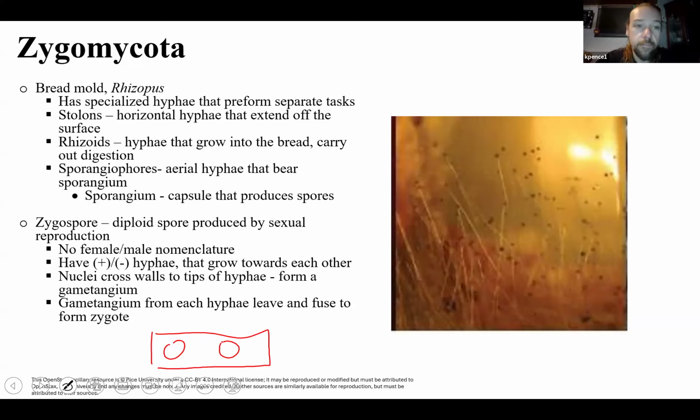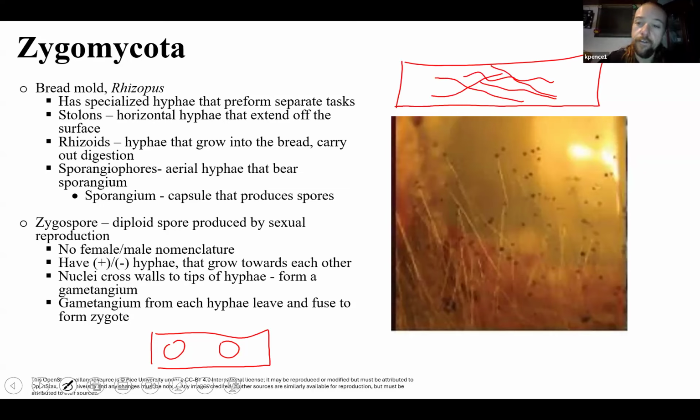A really good example of zygomycota is bread mold. A lot of people, when they see bread mold, they see the green, right? What you're actually looking at is the reproductive structures of the mold. If I was to draw the bread itself, the hypha for the bread mold is actually inside the bread. So all these lines here, these are the hypha, and they grow first. And then after the hypha form, they're going to want to reproduce. When they reproduce, they're going to make these structures called stolons and sporangiophores.